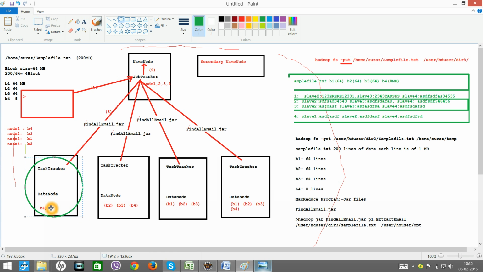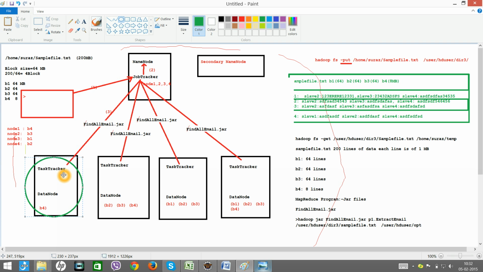It was processing B4 block, and that work will be lost. So before this node goes down, it might have definitely sent the heartbeat signal to job tracker saying that I am alive, as well as the percentage of completion.